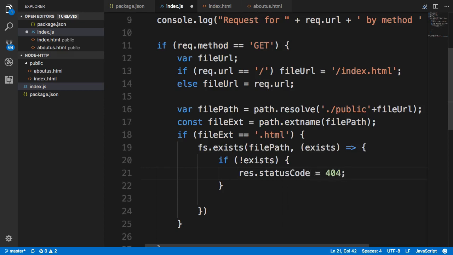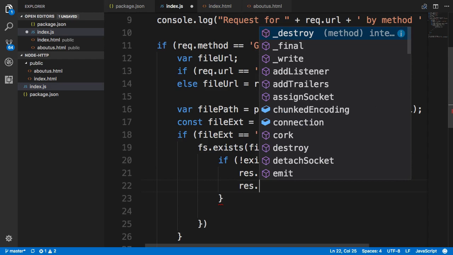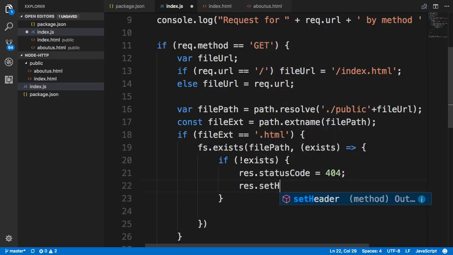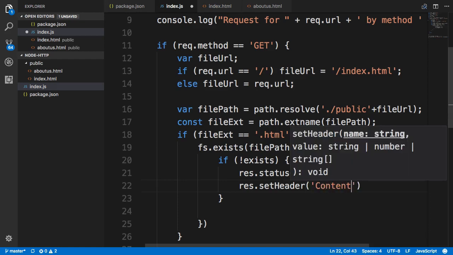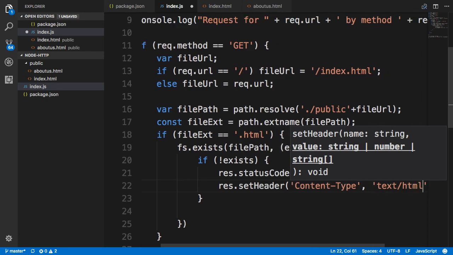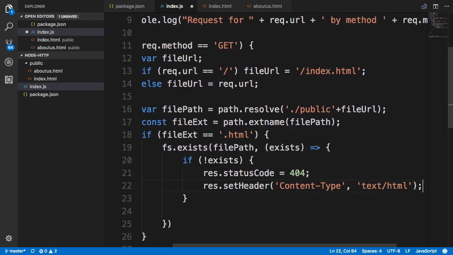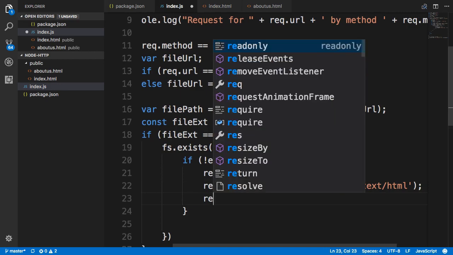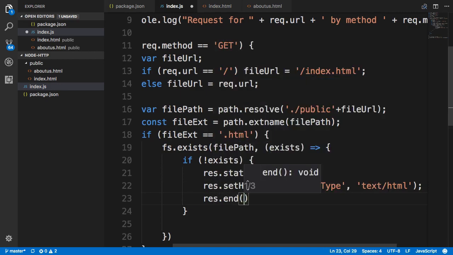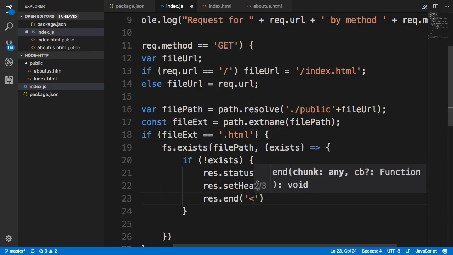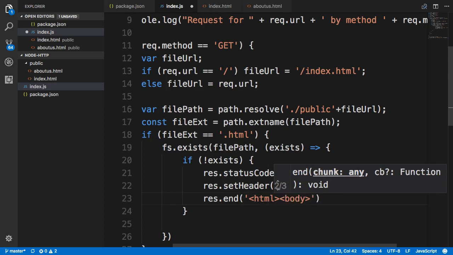Recall that if the file doesn't exist, you will send a status code of 404 saying you cannot find the file, and then we'll say res.setHeader, and we'll set the header to Content-Type, text/html, and then we need to send the HTML file here or the HTML code. So I will do the basic HTML code, HTML body,